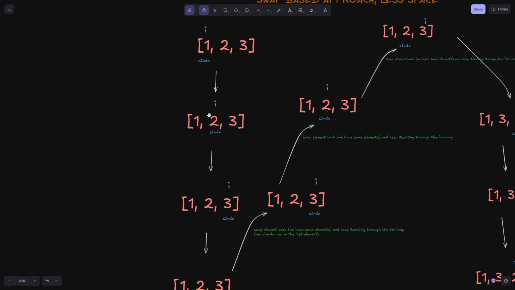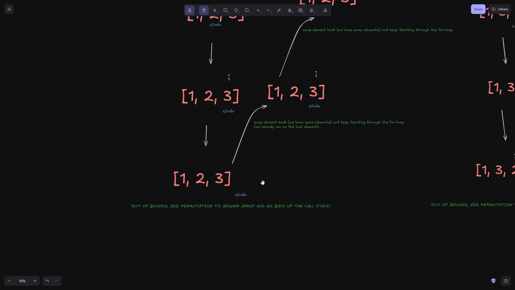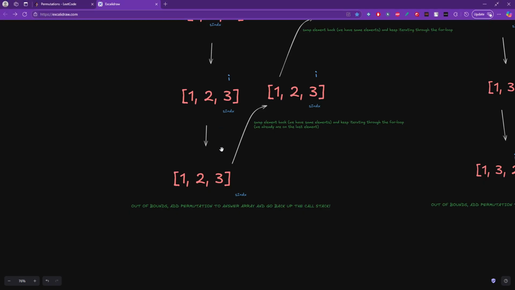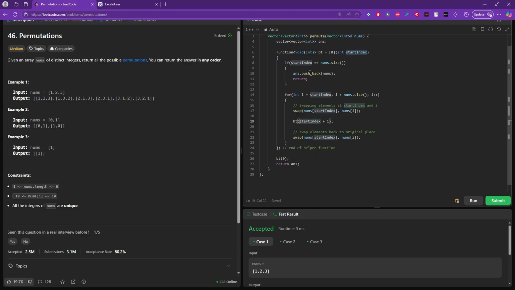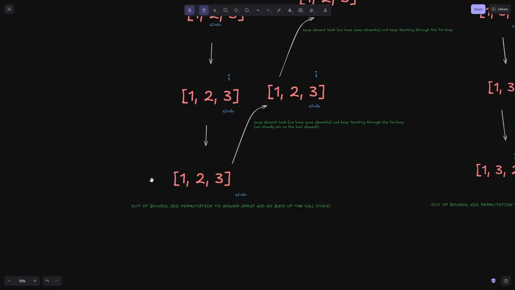So we're going to go here. And again, these are going to swap with each other, so technically nothing's going to change. Then we move forward. These are going to swap again. And then we move forward again, and we're out of bounds, right? Because start index is equal to nums.size, okay? So when we're here, we're going to push onto the answer whatever nums is. So 1, 2, 3 gets pushed onto the